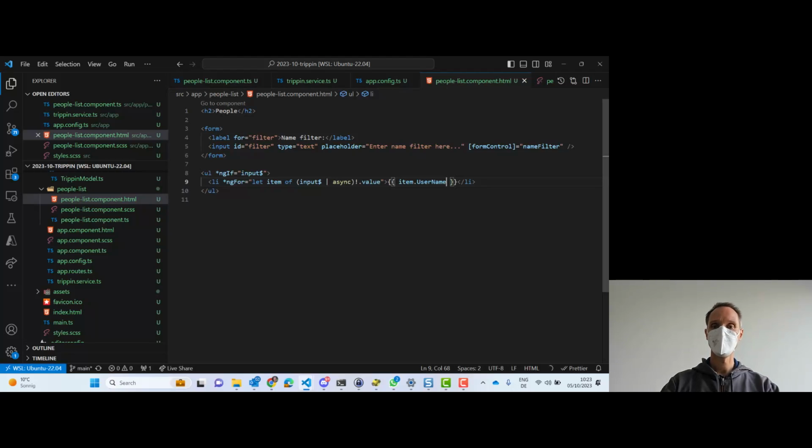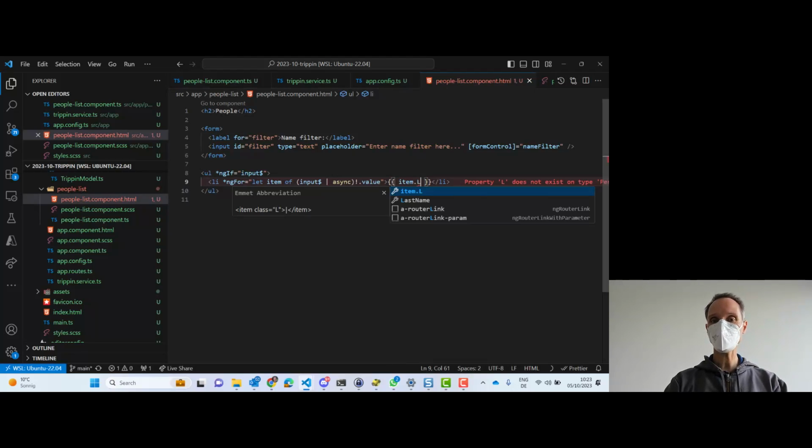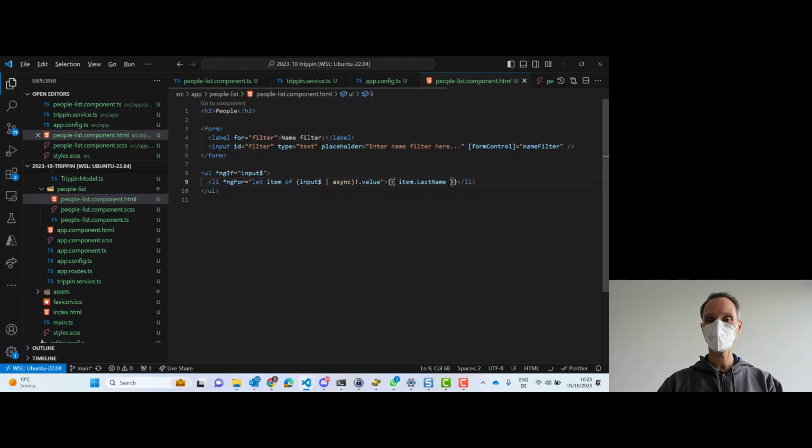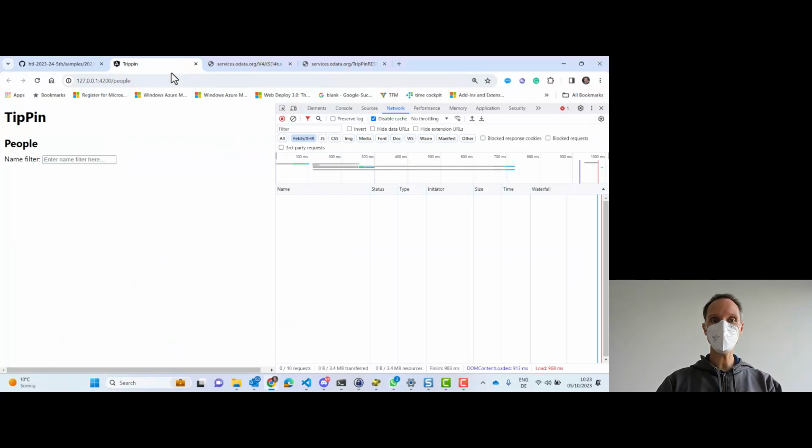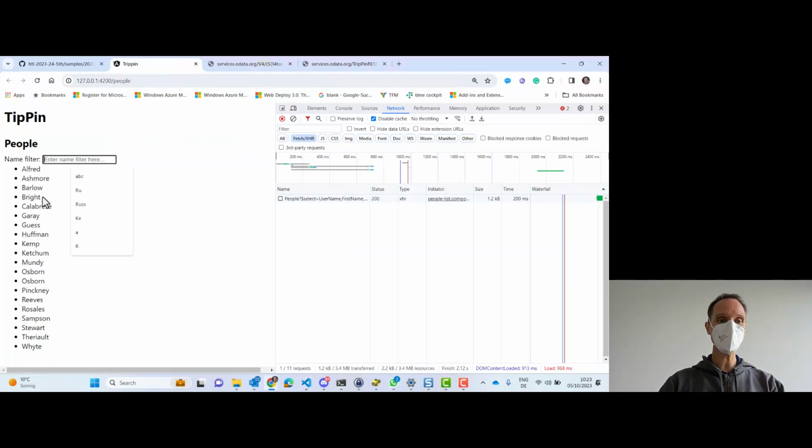Username. I will just, for demonstration purposes, change that one to last name. And if I go here, let's see, type something in. Yeah, we already see it. It works perfectly fine. Somewhere we should see